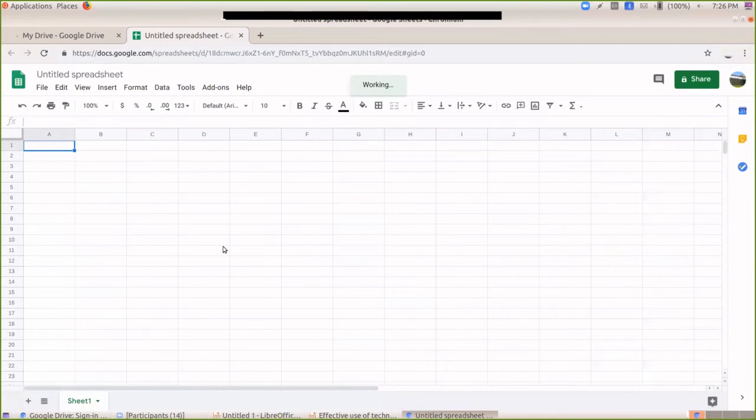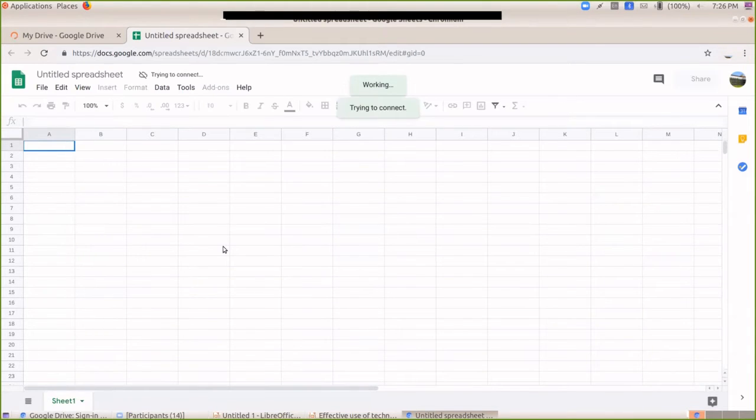This Google Sheet is actually the same as our Microsoft Office Excel. It is like an Excel sheet. But the difference is that we can share this application with many people. If you are working as a group and want to share your document within your group, you can share it. That is the advantage.